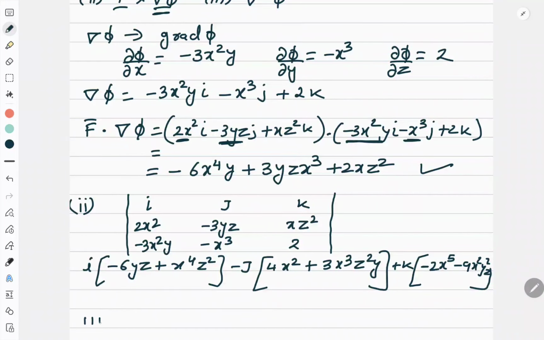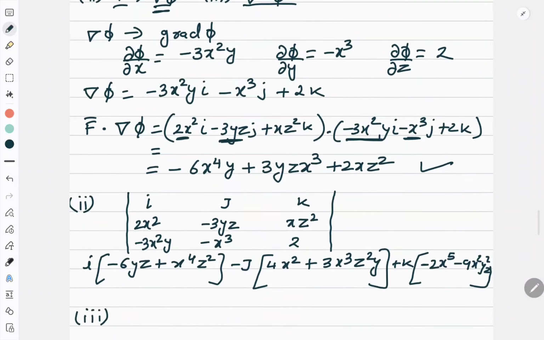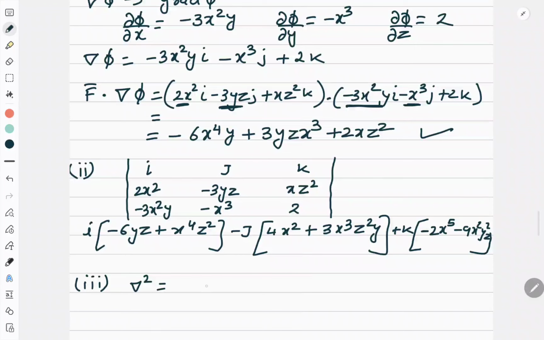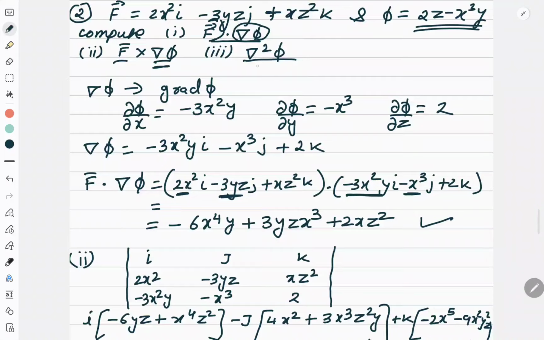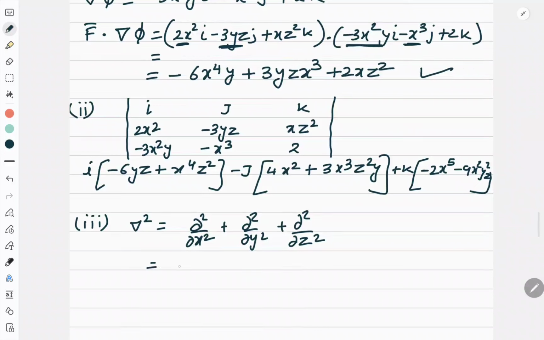Okay. Now let's move to the third one. The third one they are asking is del square phi. Del square, I told you, is a Laplacian operator: dou 2 by dou x square plus dou 2 upon dou y square plus dou 2 upon dou z square. Right? Now they are asking me to find the Laplacian of the function 2z minus x cube y. Right? So 2z minus x cube y. So let me apply it. So this will be del square phi is equal to dou 2 upon dou x square of 2z minus x cube y